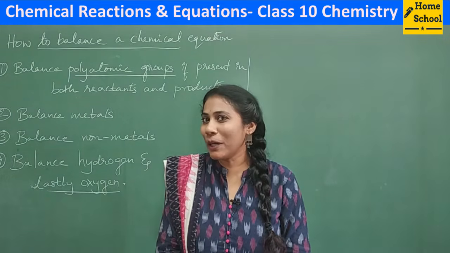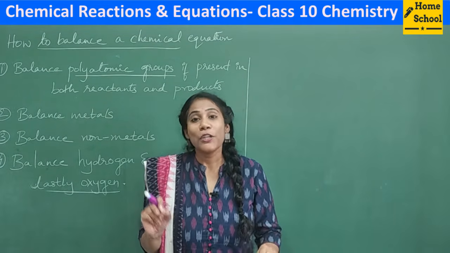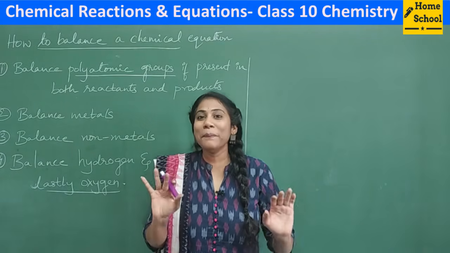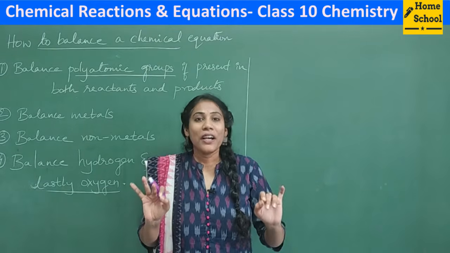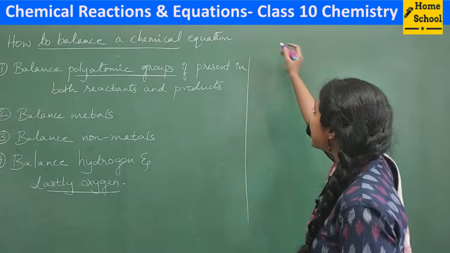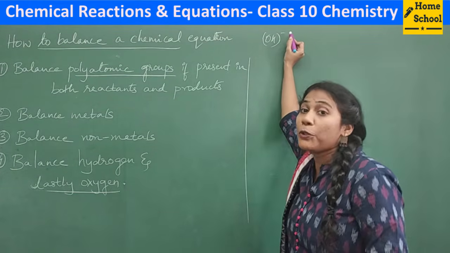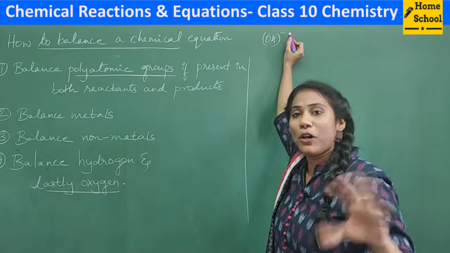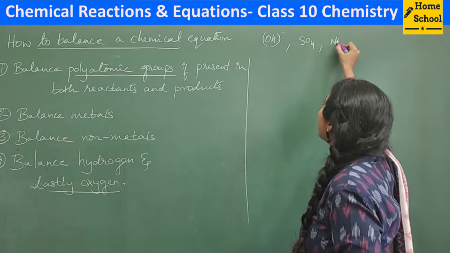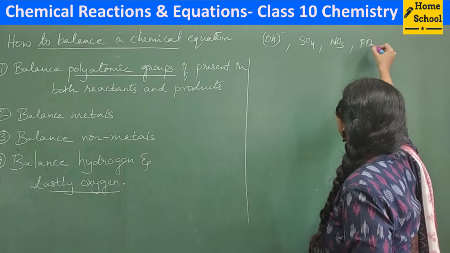So what do we mean by polyatomic group? I have given a clear idea about polyatomic groups in my bridge course, so the people who took it would understand better. Don't worry, those who have not taken my bridge course can listen here. I will give a brief idea. Groups like OH, where 2 atoms are combined and present as a group, we call polyatomic groups. Groups like OH, SO4, NO3, and PO4 are present as ions.